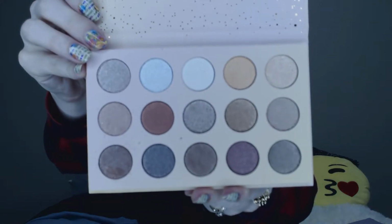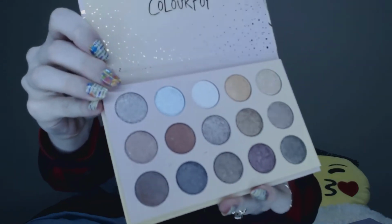No. I was hoping that I would get the ColourPop palette with that really intense pink color in it, but this one has all sorts of shimmery shades, and I was hoping I'd get one with some mattes in it, because shimmery things like this go on top of things and look really great. So I do love these, and I love ColourPop, and the only reason why I didn't want to get this one is because